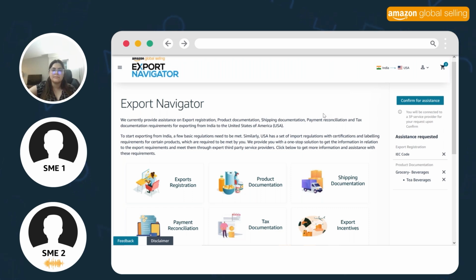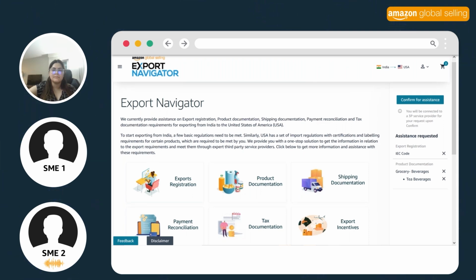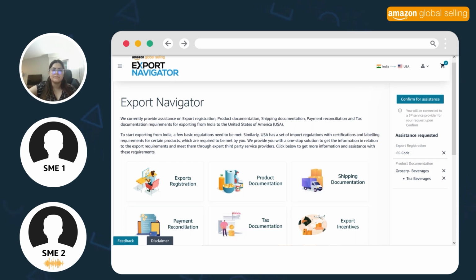And then the customs of two countries are involved in this. First, Indian customs are involved, and then the customs of the US is involved. So the documents get checked at both stages. So the common compliance required by every seller is, if you are into the food and dietary supplement category, then you necessarily have to have the FSSAI central license. And